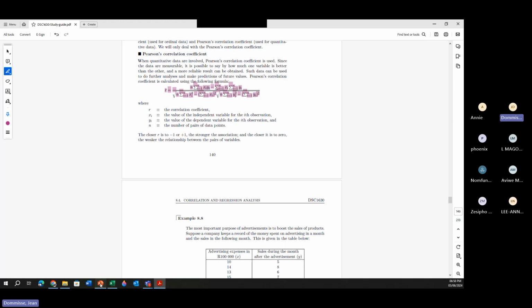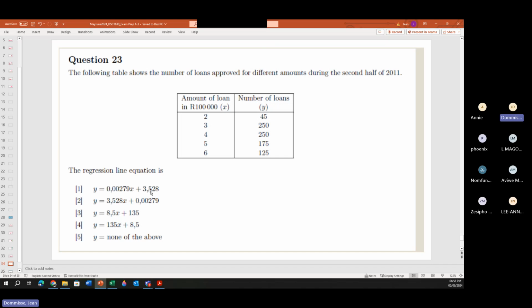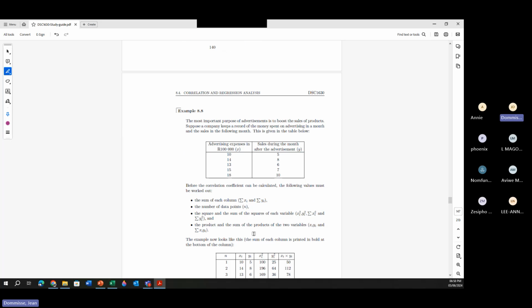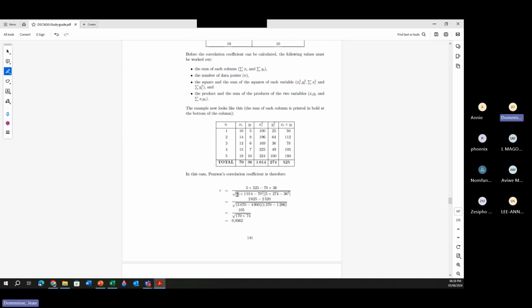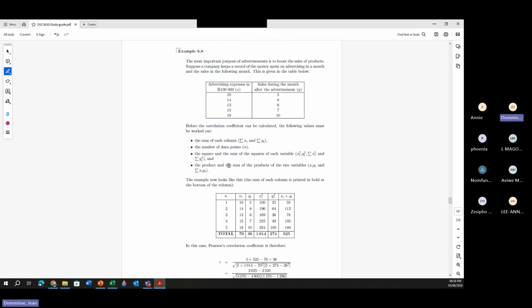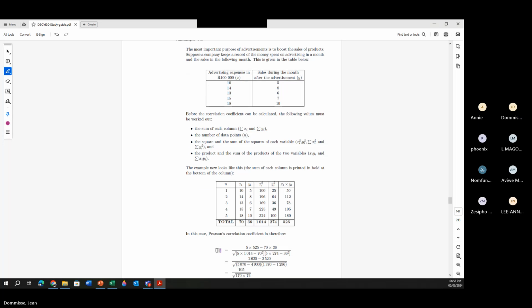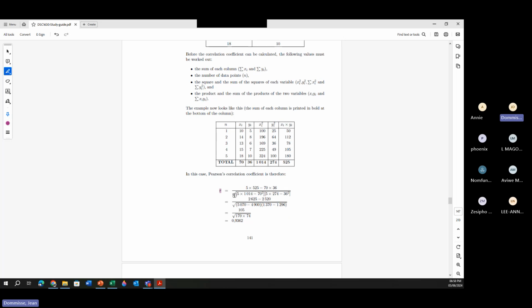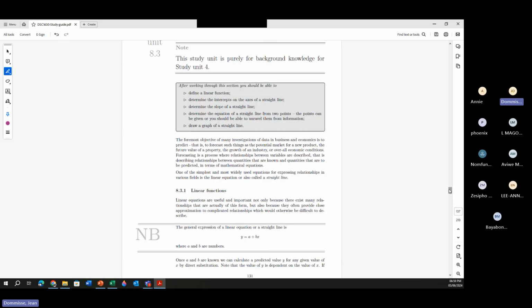So to do a question like this manually is really difficult. Here you can see what they've done. Example 8.8 in your study guide is a good one just to look at how they did it, giving the information, and you needed to work out your correlation. Okay, so if you then needed to work out the straight line,